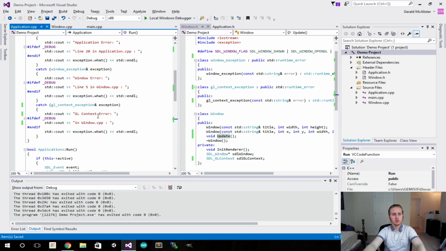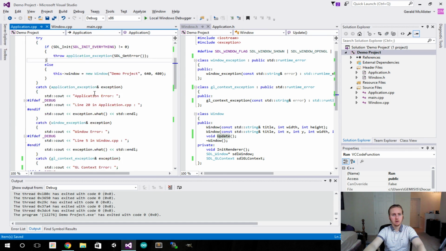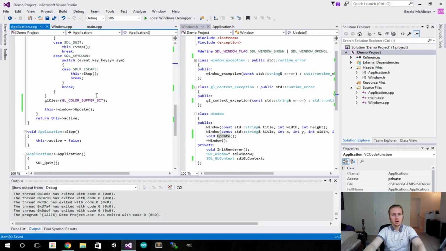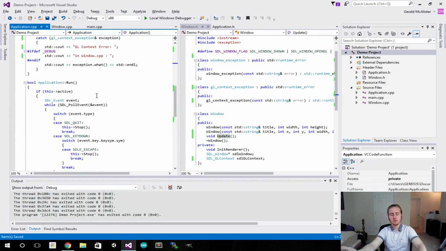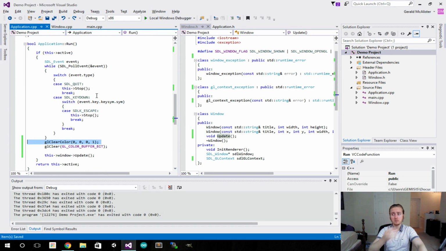You actually really want to put that up here with all of our application initialization. This is actually going to be whenever we initialize. Well, I'm going to keep it here for now. Basically, you'll see this in a little bit. When we get to our game state handling, our game state has an initialization state, an update state where it's running, and then a destroy state. This clear color will generally go into the initialization state